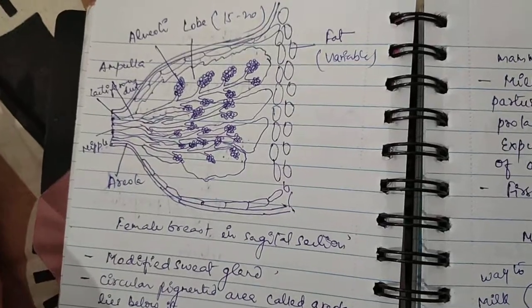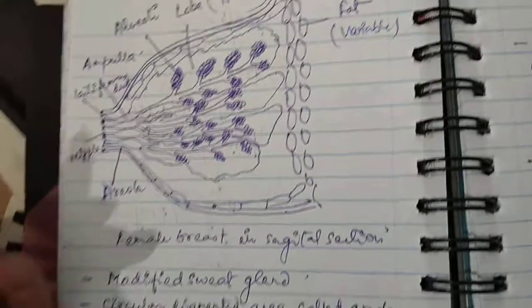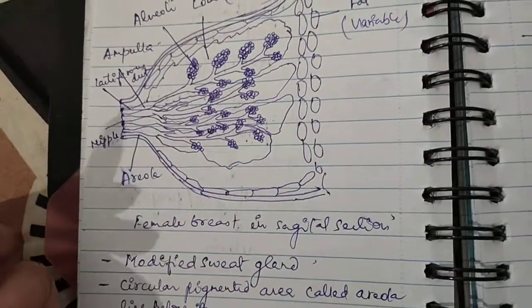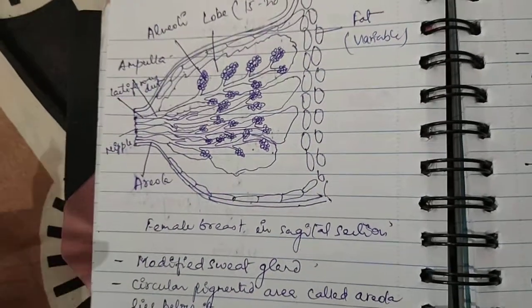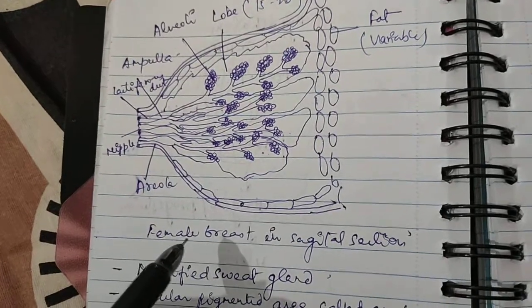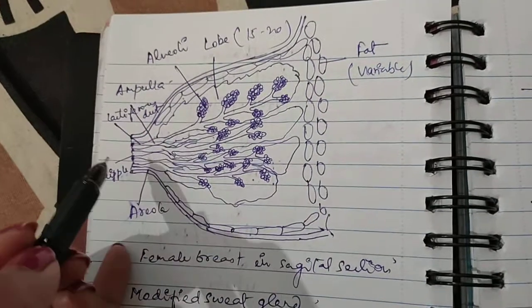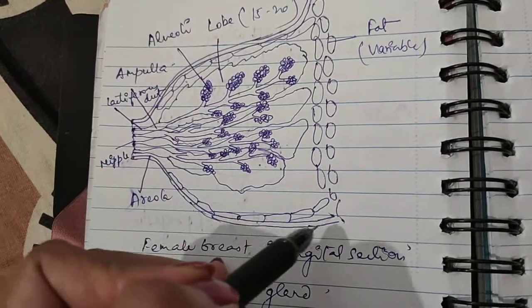Hello students, in this video I am going to tell you about the structure of the mammary gland, which is an accessory gland in the female human reproductive system. As I discussed earlier, you can see this diagram. This is the female breast in sagittal section. See here, this is the outermost layer that is known as areola